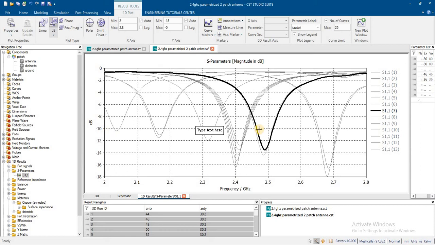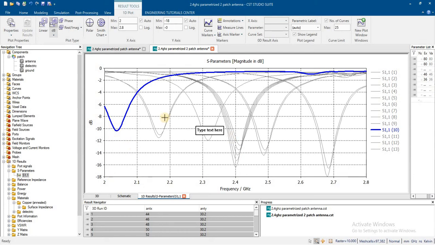And you can also see that this band is also useful because it is less than -10 dB. Similarly, this band is shifted to 2.2 gigahertz, 2.3 gigahertz almost, 2.15 gigahertz.